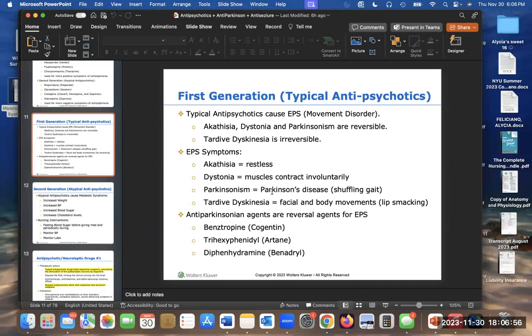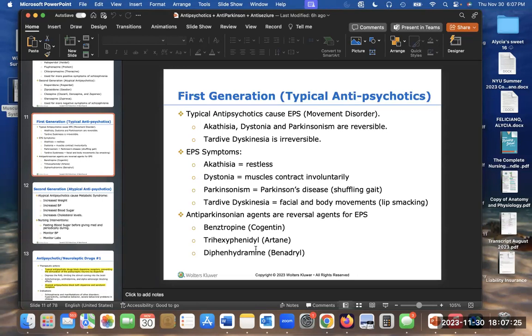These three are reversible. That becomes very important, especially when we talk about anti-Parkinson agents. Tardive dyskinesia is irreversible. It's an irreversible symptom of EPS, which means that they have facial and body movements like lip smacking, okay? That is irreversible. But reversible symptoms of antipsychotics, of those typical antipsychotics like Haldol,